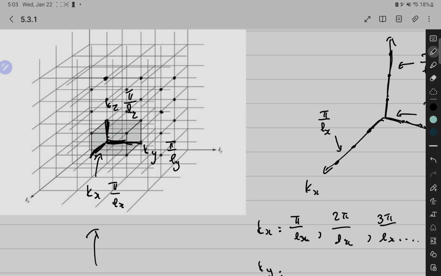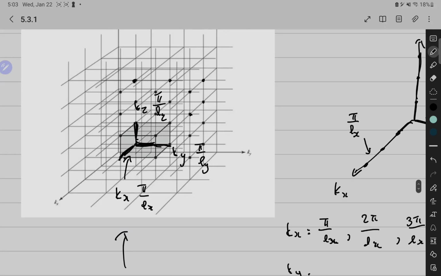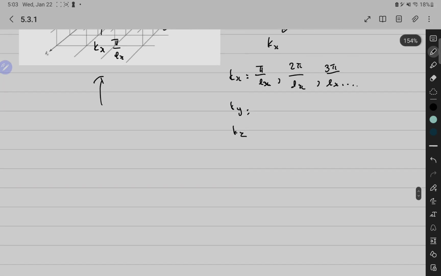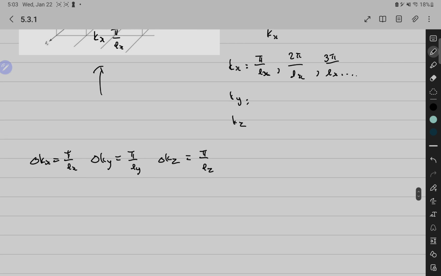Now I'm going to ask you, what is the volume occupied by each state in this space we created? Let's call this space k space. So what is the volume? Well, we know that changing kx is pi over Lx, changing ky is pi over Ly, and changing kz is pi over Lz. Therefore, the volume of a single quantum state in k space